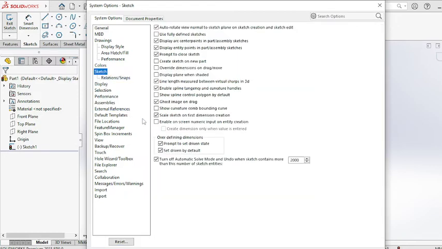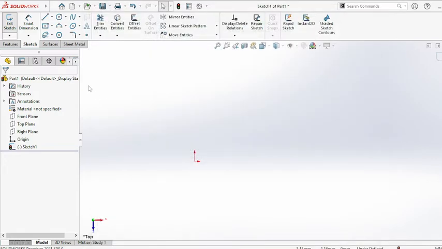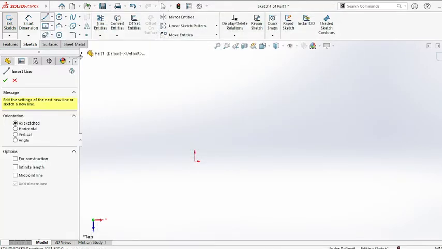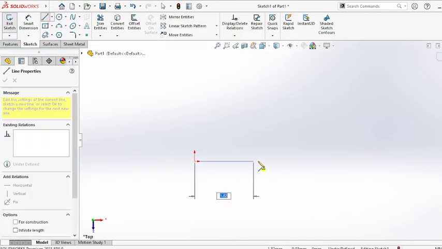Okay, so you can come to here, enable on screen numeric input on entity creation, switch on this. Create dimensions only when value is entered, you can switch on this one also. Okay, after that, click on OK. So after that, now you can take line command, so you can start your line, you can observe this one,